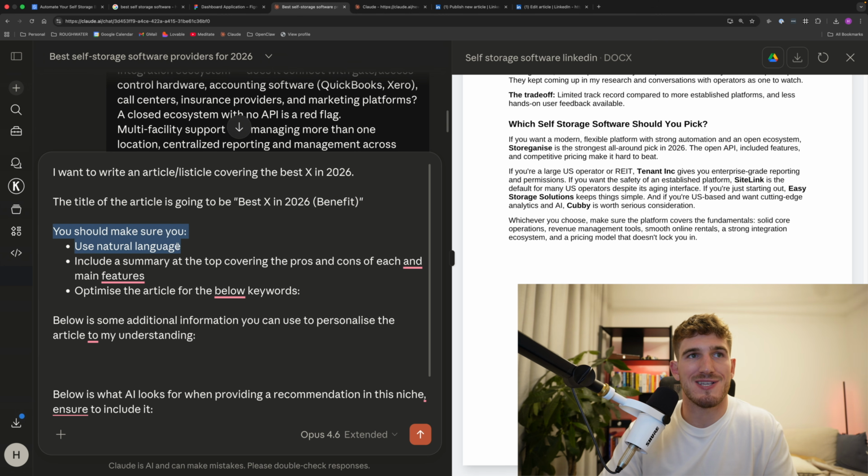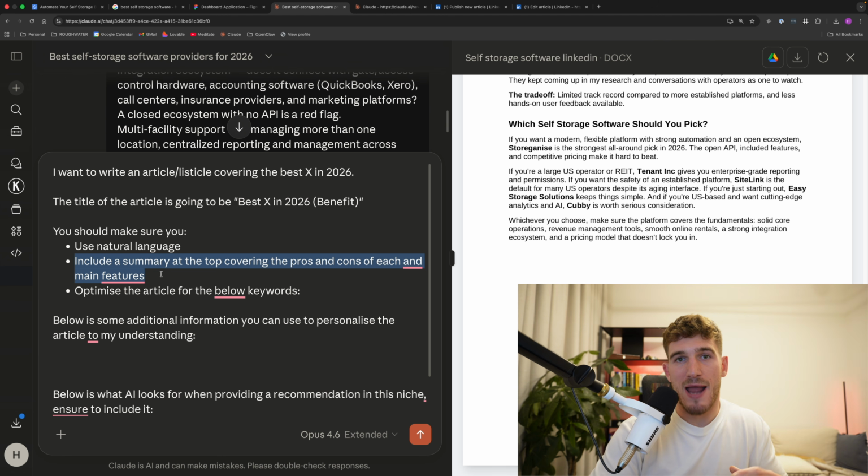You need to make sure it uses natural language and a summary at the top of the article covering the pros and cons of each, as well as the main features. I don't know the exact stat off the top of my head, but most information that is cited in AI overviews comes from the top third of the article. So you want to make sure you're providing a really concise summary or TLDR at the top of the article, so it's easily retrieved by AI search engines like Google AI mode and Google AI overviews, so that your business